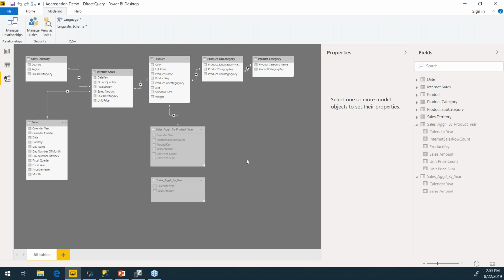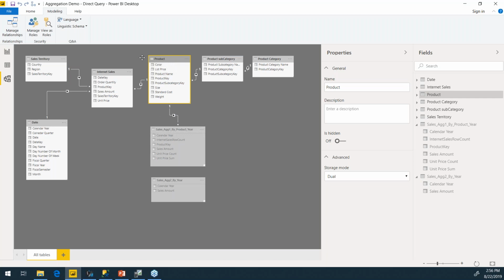Next question for you, Shabnam. Would the role-based security get applied to the aggregated tables? Yes, it does. If you set up the role-based security on an attribute that's directly related to the aggregation table, it does get applied.